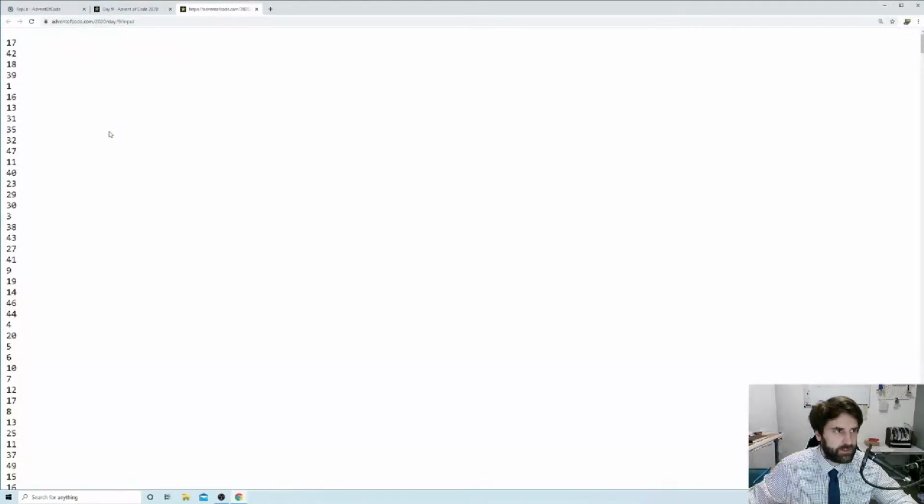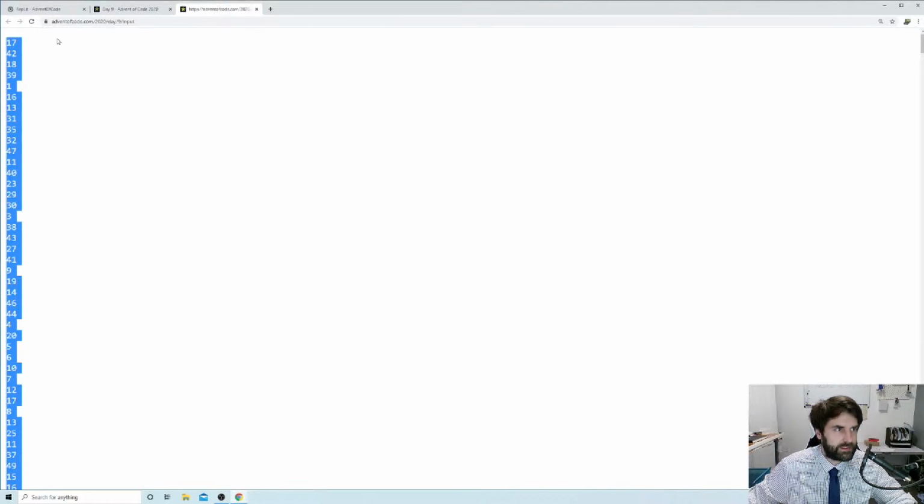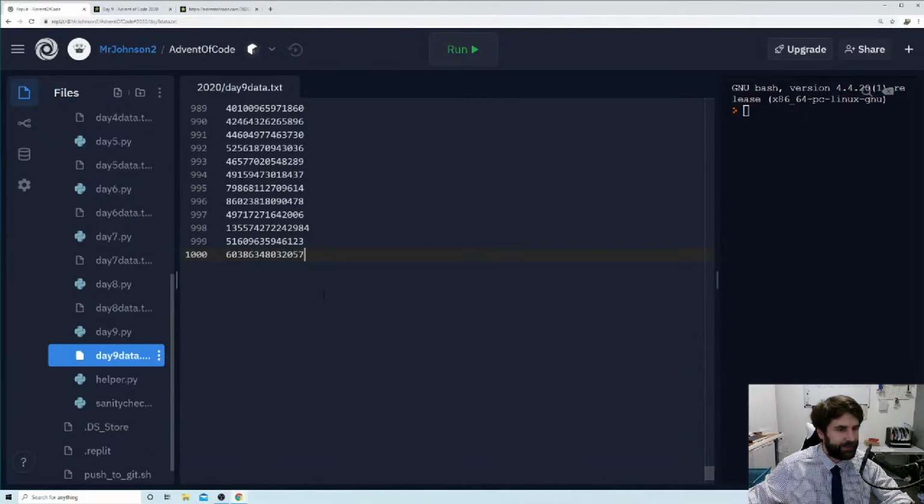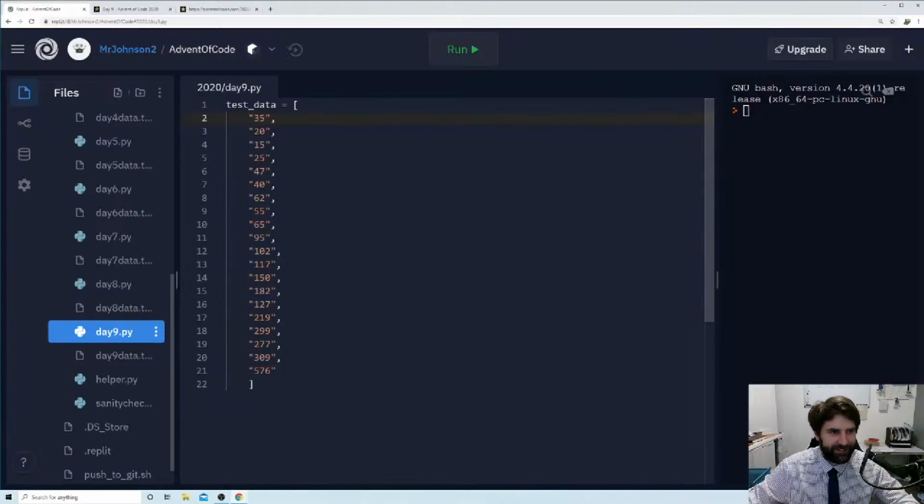Let's also get our actual data. So Control A to select all, Control C to copy it, and we're going to bung this into this data file. There's 1,000 numbers that we've got to look through here. So luckily we can write a program to do it, and we don't have to do it manually. So we've got our test data here. Now what we need to do is write some code that will be given 5 numbers, for instance these first 5, and a separate test number, and we need to test whether any of those 5 numbers we were given will add up to make our test number. So let's